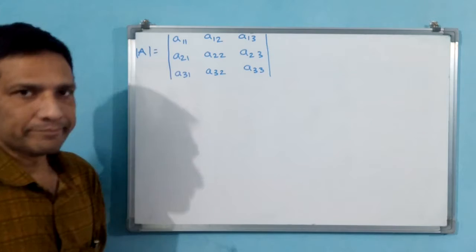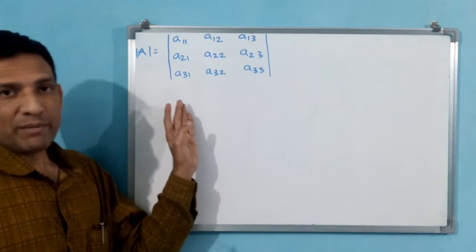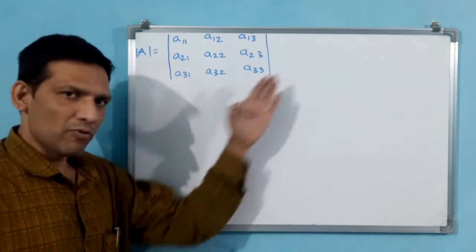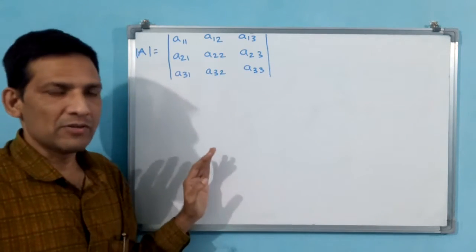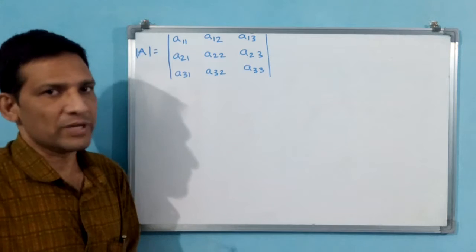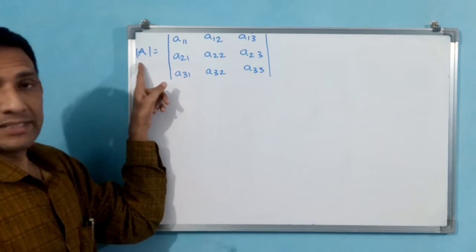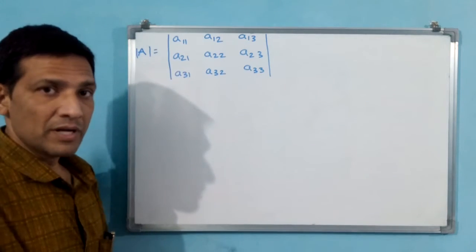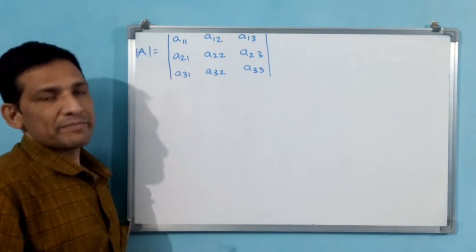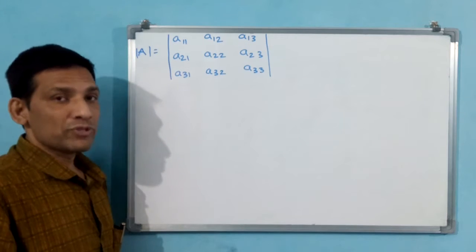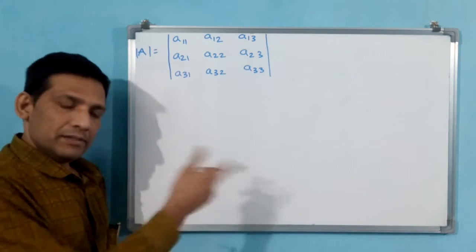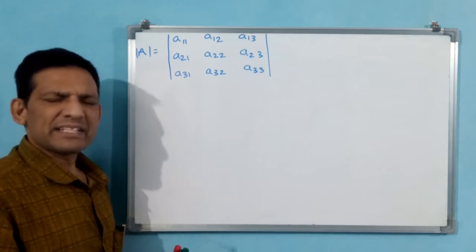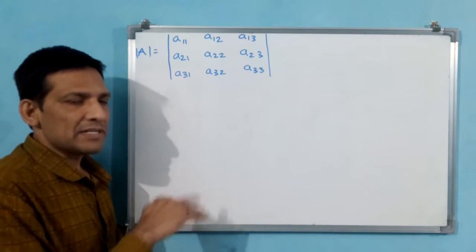Okay, see here, this is a 3 by 3 determinant. A determinant written like this means we have not yet found the value; we have to find the value also. Determinant is itself a value, I already told. The symbol is like this: in between lines, capital A, these elements will come. Before proceeding for 3 by 3, we call it expansion by row or expansion by column, but we will tell afterwards.